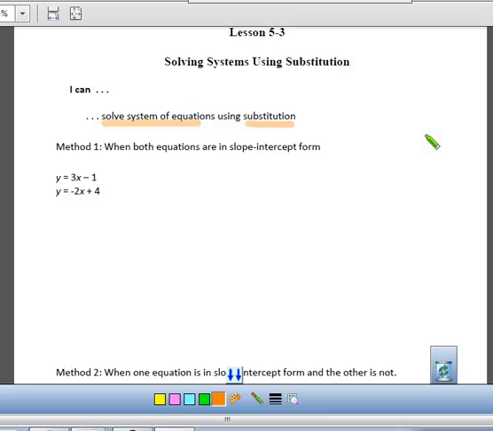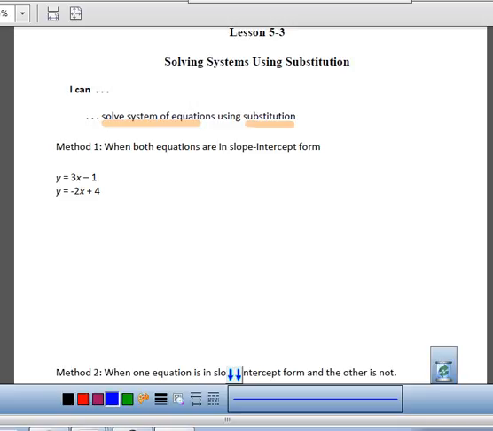Now substitution, you've heard that word used before in math. A lot of times we think of that as a step that we do when we're checking our work to make sure that everything worked out correctly. Now, when we do this strategy for solving systems of equations,